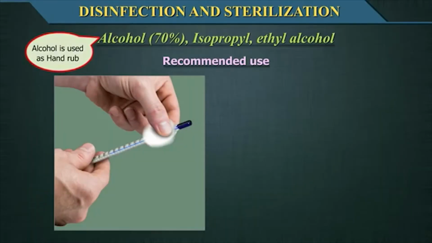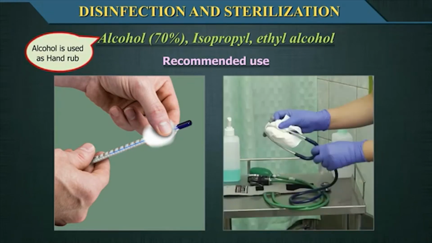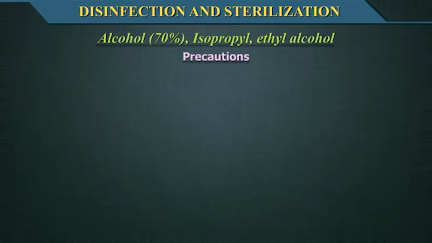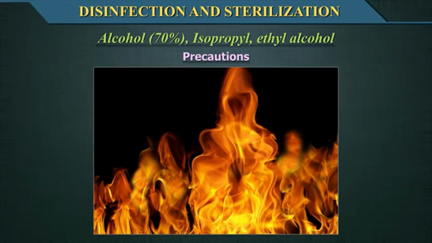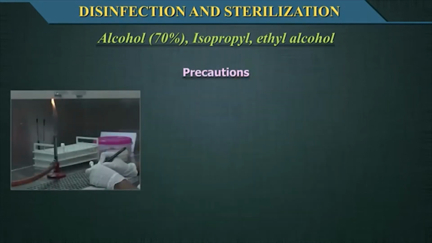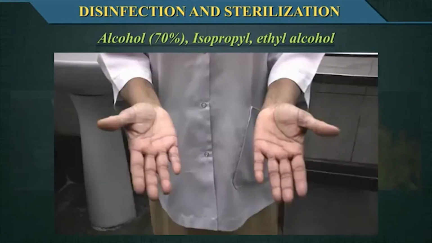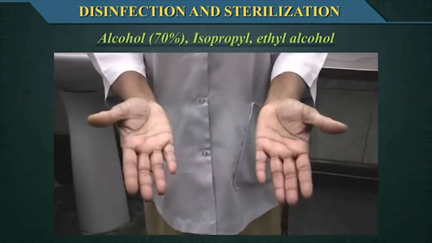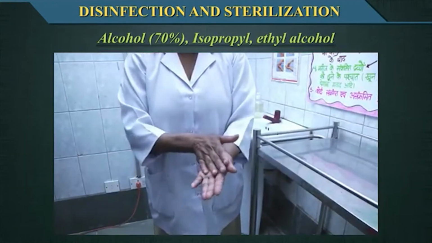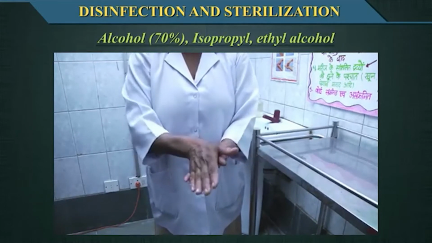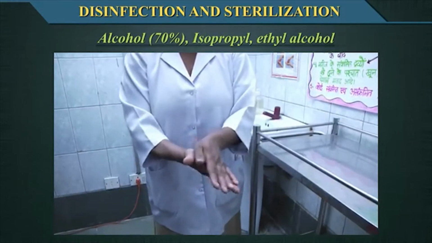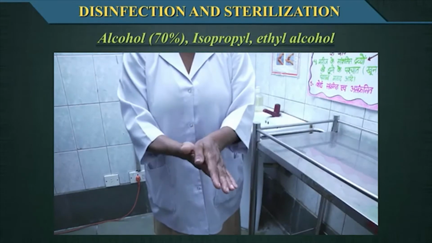Alcohols have been used effectively to disinfect oral and rectal thermometer and stethoscopes. Precautions: flammable, toxic, use in well-ventilated area, avoid inhalation. Keep away from heat sources, electrical equipment, flames, hot surfaces. Allow to dry completely. They also evaporate rapidly, making extended exposure time difficult to achieve unless the items are immersed.